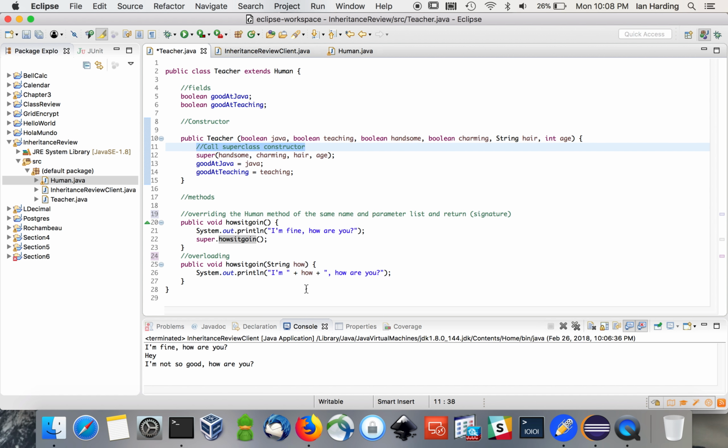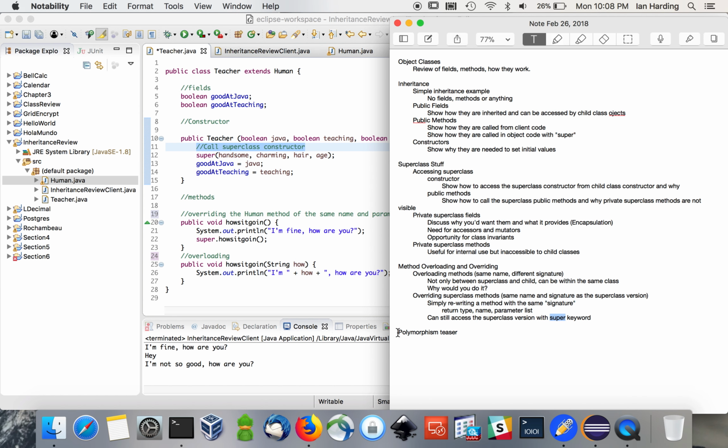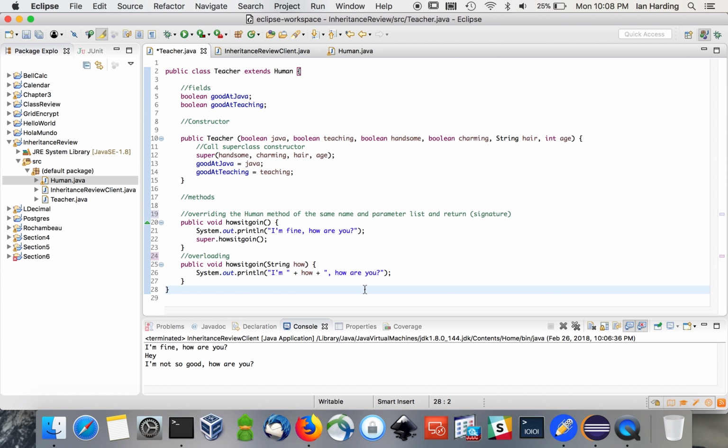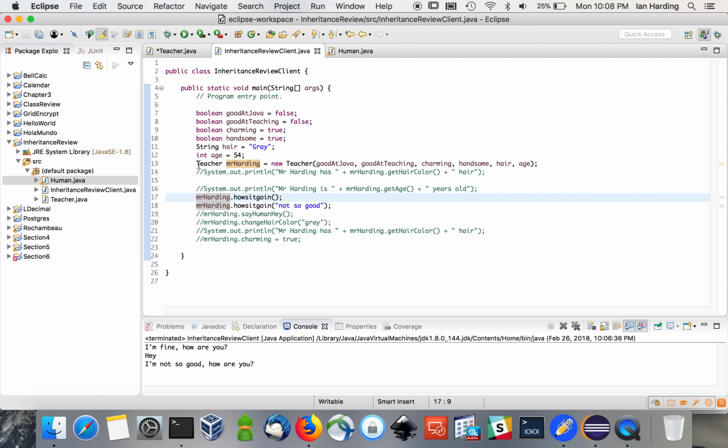Not really sure how much more I want to go into. I've spent quite a lot of time boring you. This is already getting pretty long, so I'll probably wrap this up. The next thing is polymorphism, which we're going to talk about, but let's just do a real quick little look at how that works. So we instantiated a teacher called Mr. Harding and made him a new teacher with all of these things. We could also